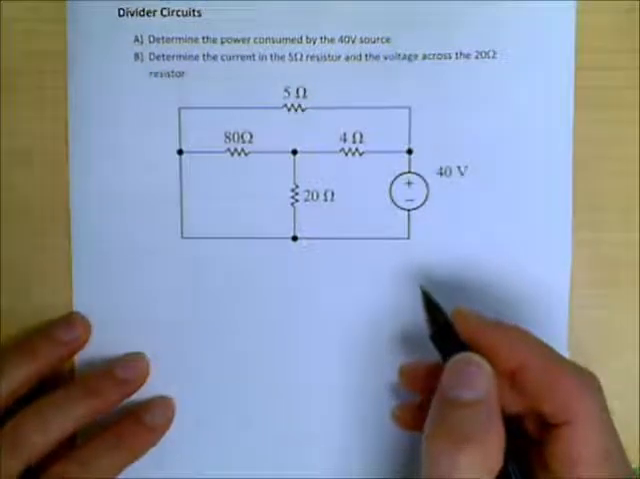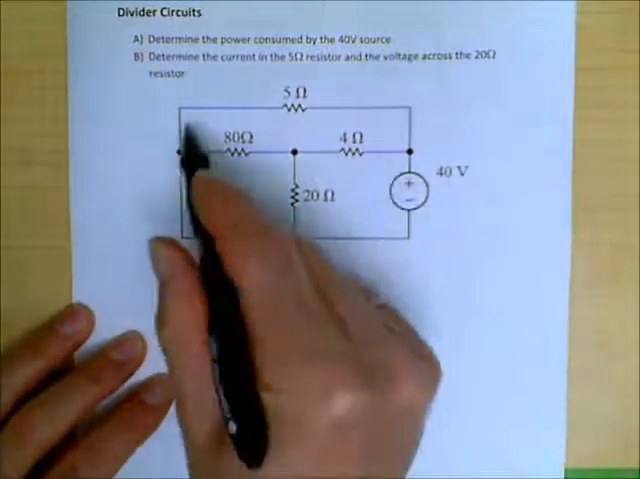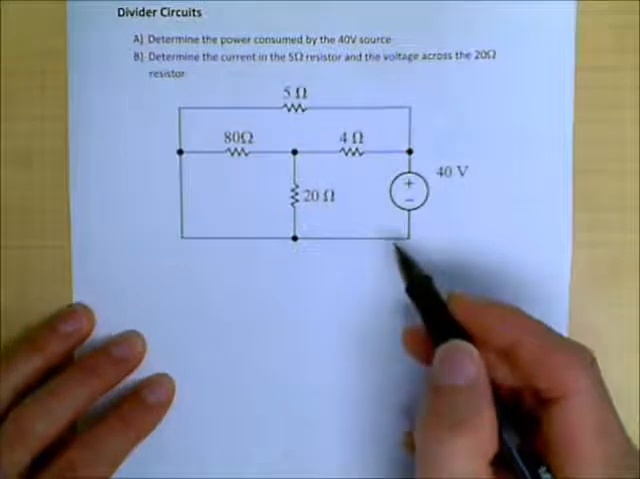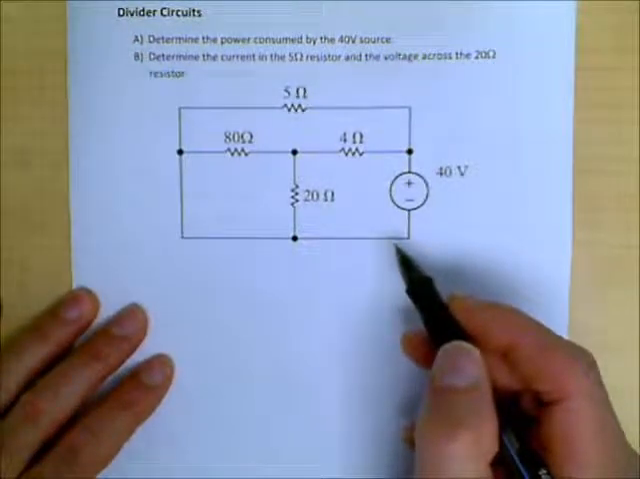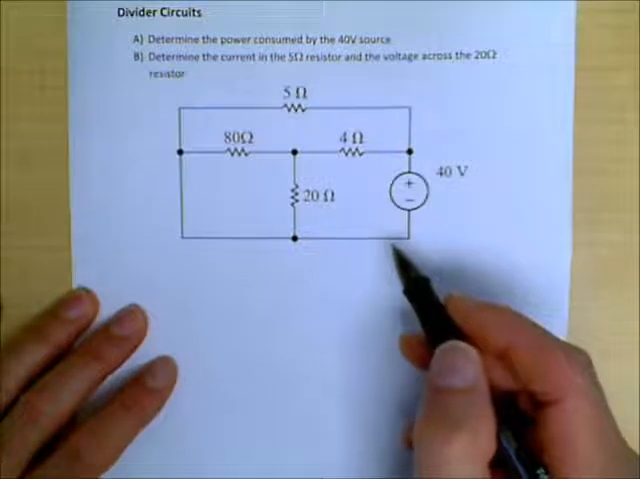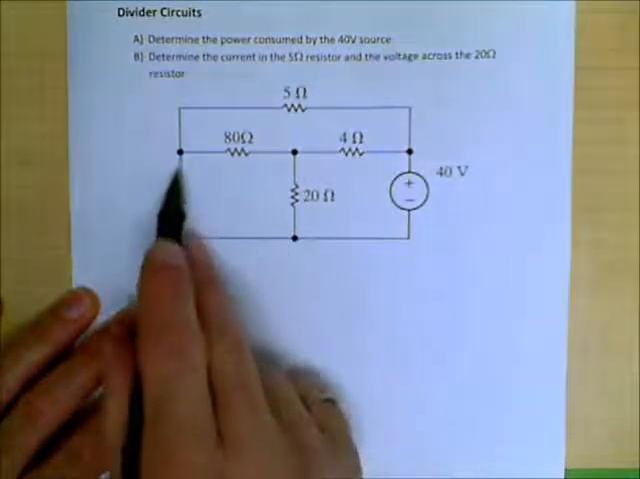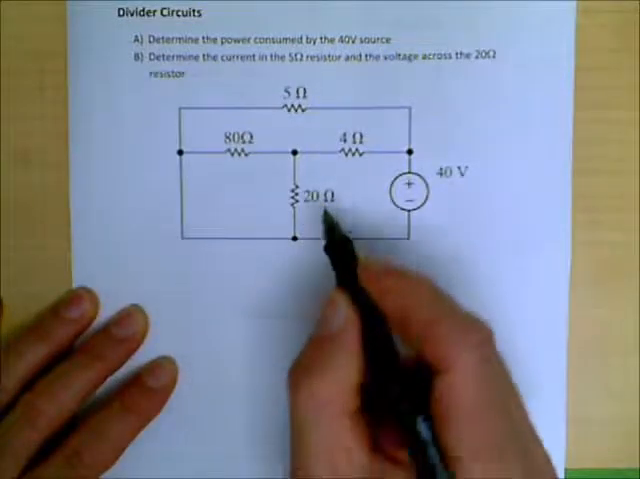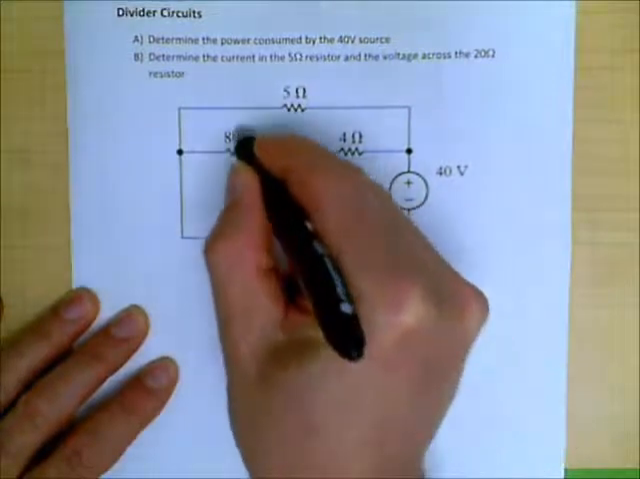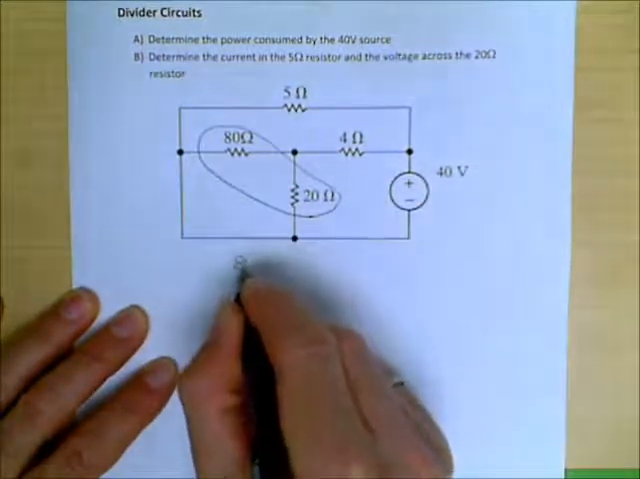So first I'm going to start off. I recognize that this has one source and all the rest of the circuit elements are resistors, and so I think there's a possibility of using resistance reduction. When I look at this, I look at this short circuit on this side and recognize that this 80 ohm resistor and this 20 ohm resistor are in parallel with each other. And so there's a combination that I can produce there, and so that 80 ohms